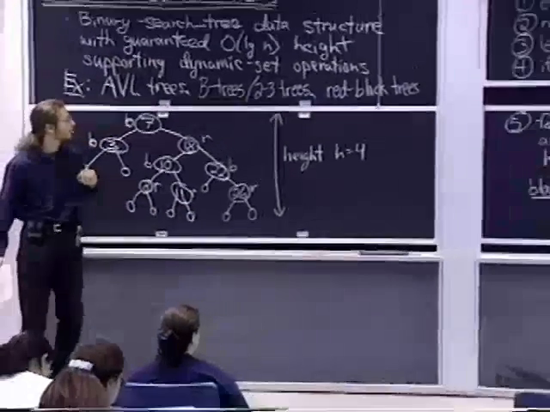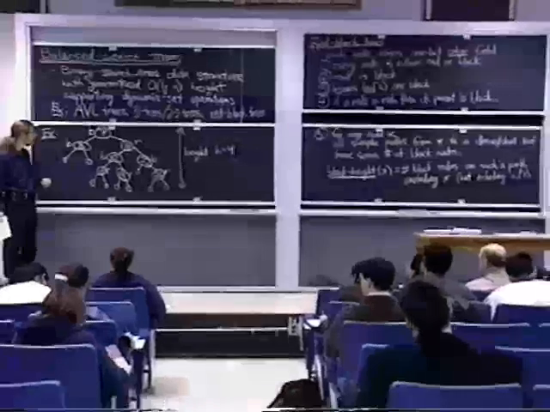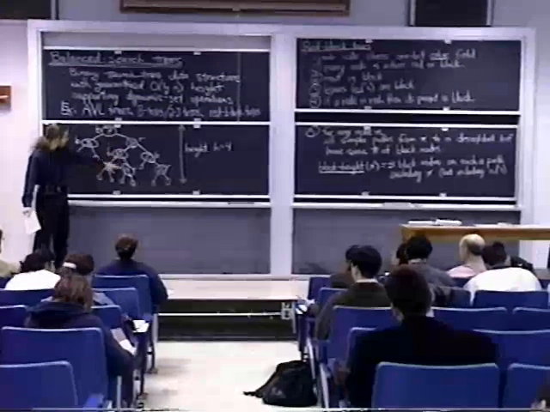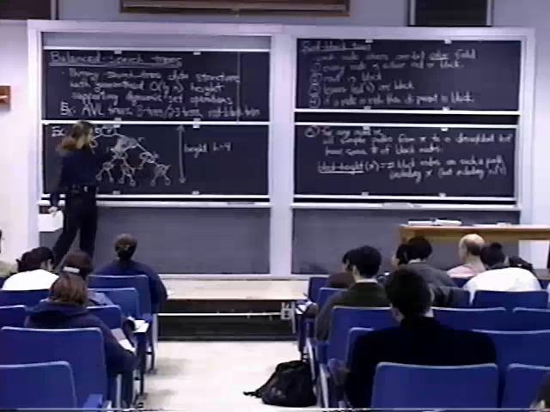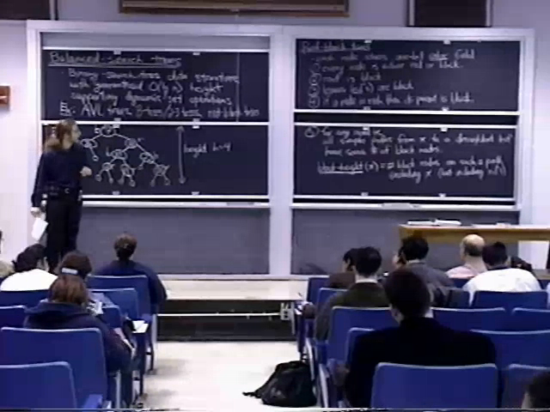The fourth property becomes a little more interesting. If a node is red, its parent is black. Okay, there are a few red nodes. There's one here. Its parent is black. One here. They have a black parent. And there are no red nodes adjacent vertically. Okay, and then the fifth property,